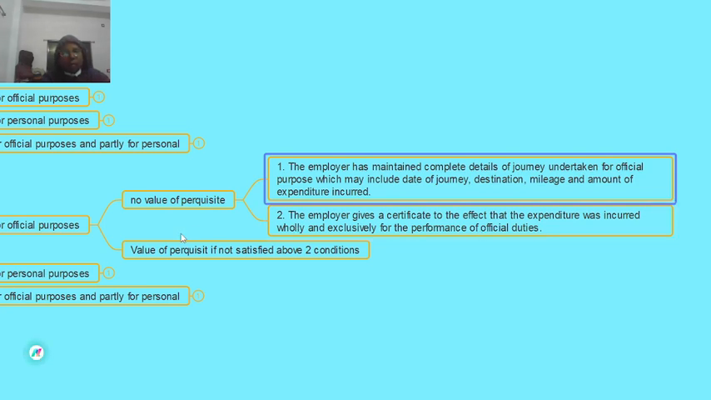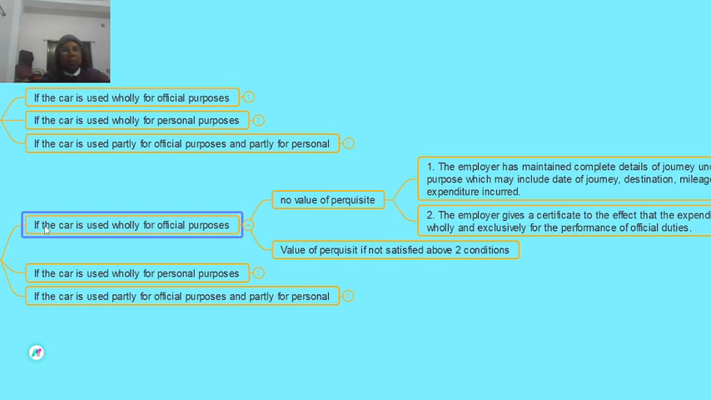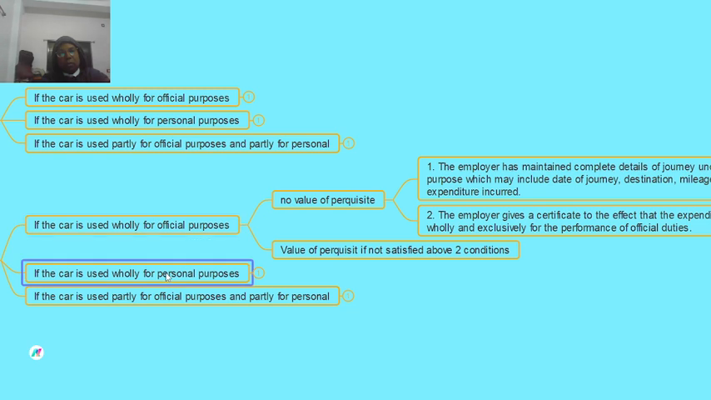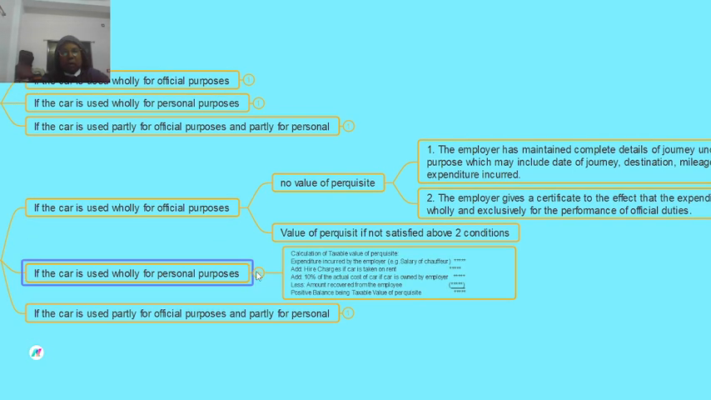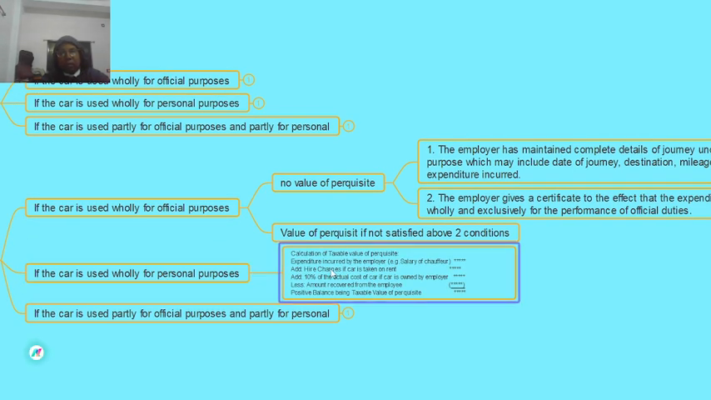And if the two conditions are not satisfied, then a value of perquisite will arise, even though the car is used for official purposes. If it is used only for personal purposes, then the value of taxable perquisite will be calculated like that. Then the calculation of the taxable value of perquisite: expenditure incurred by the employer, for example the salary